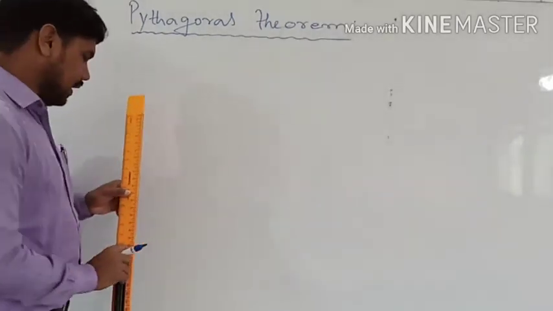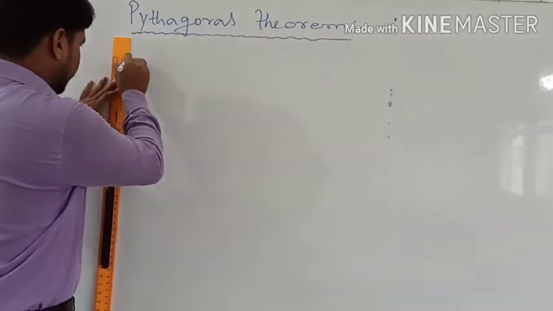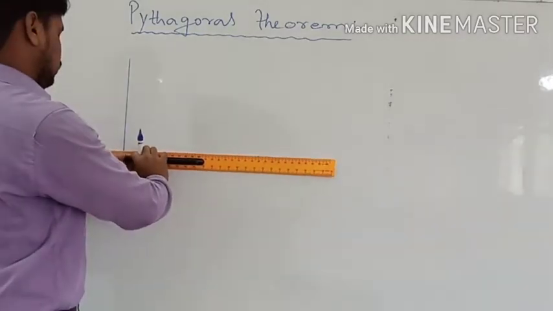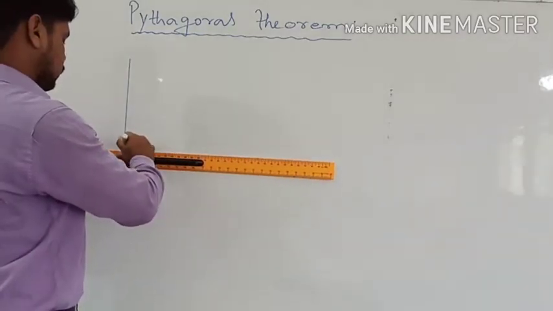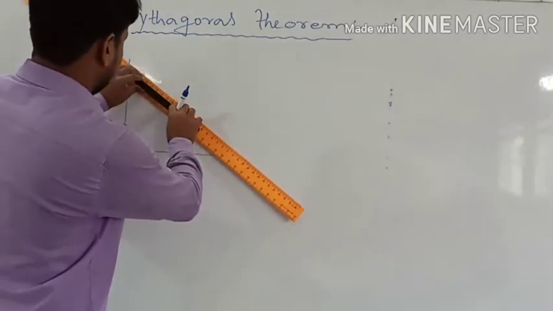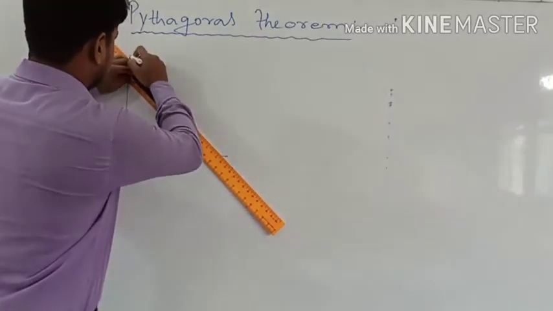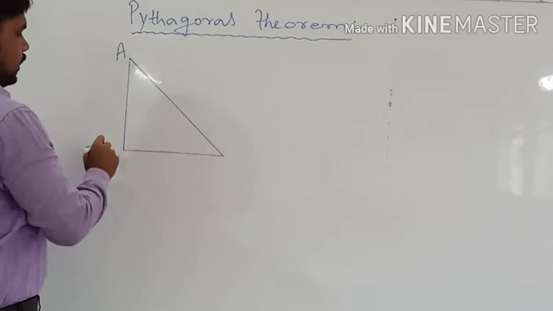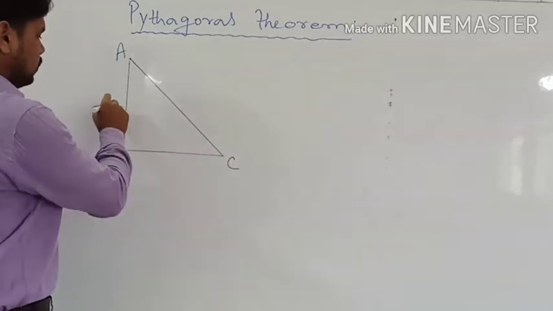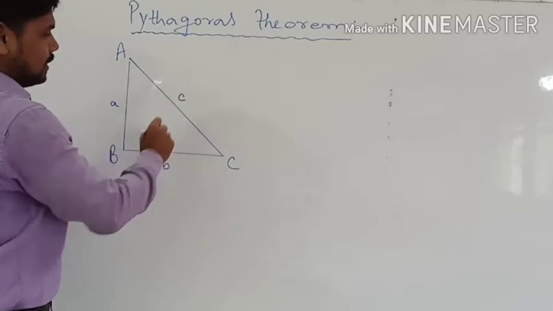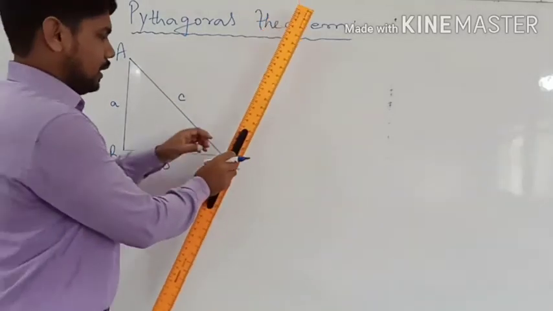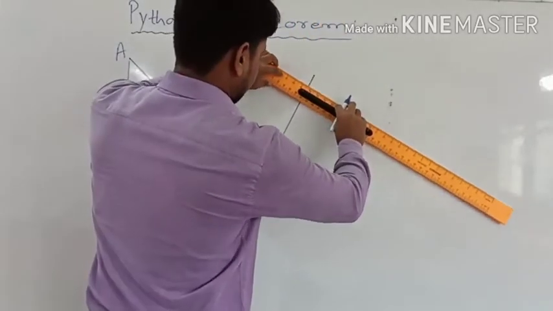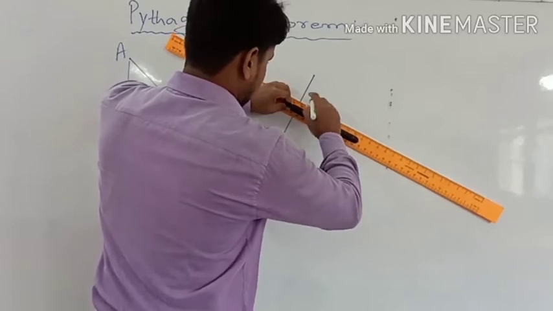So suppose I am drawing three triangles here, one right triangle here. This is one of the right triangles. Suppose the name of this right triangle is A, B and C. Suppose this side is a, this side is b and this side is c. This is one of the triangles. Now right triangle we have to take. Here suppose I am taking one more right triangle. Right triangle के लिए यहाँ पे जो है ये straight होगा. This will be straight only.